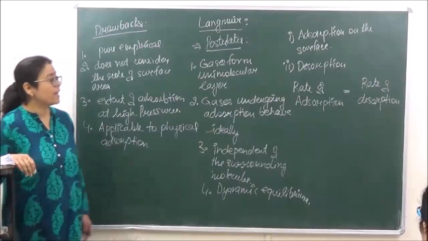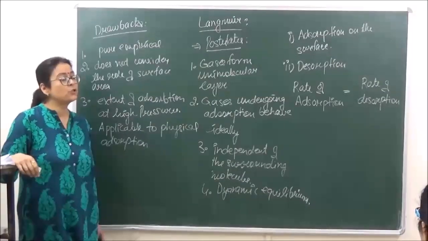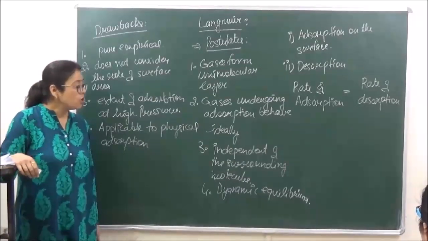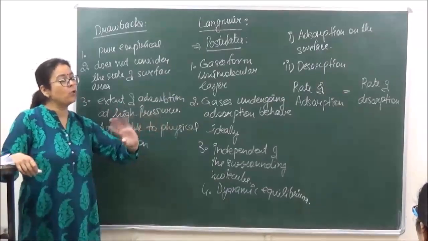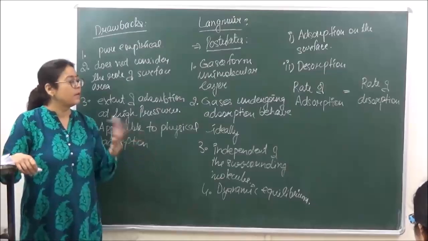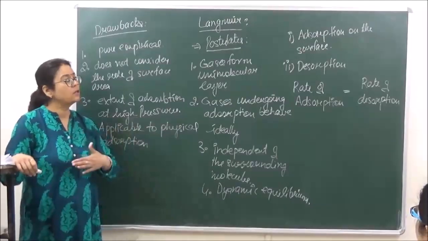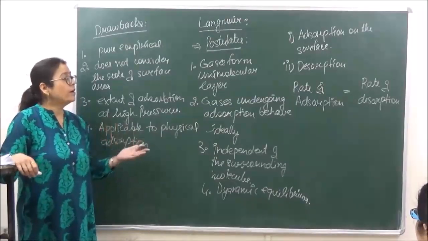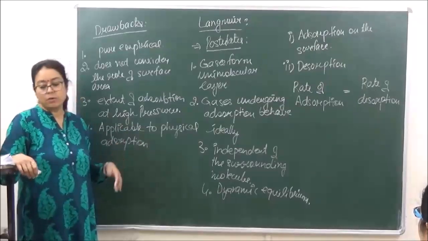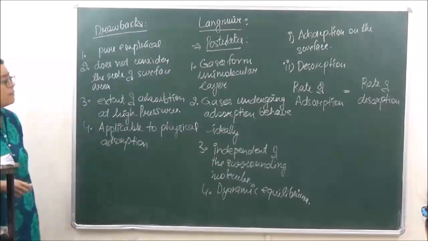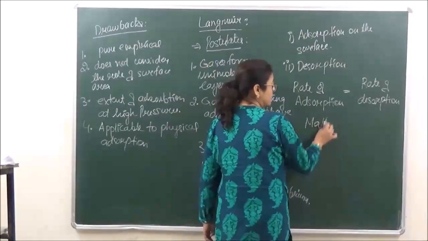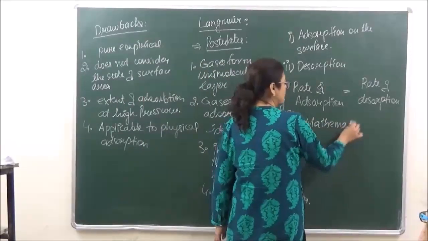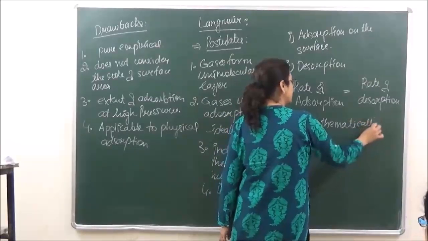Now to look at the reaction, it will be felt that there is no reaction taking place. So the dynamic equilibrium means that the process is always moving during equilibrium. Rate of forward reaction will become equal to rate of backward reaction, or rate of adsorption will become equal to rate of desorption. Mathematically, if we are trying to explain the Langmuir adsorption isotherm, then